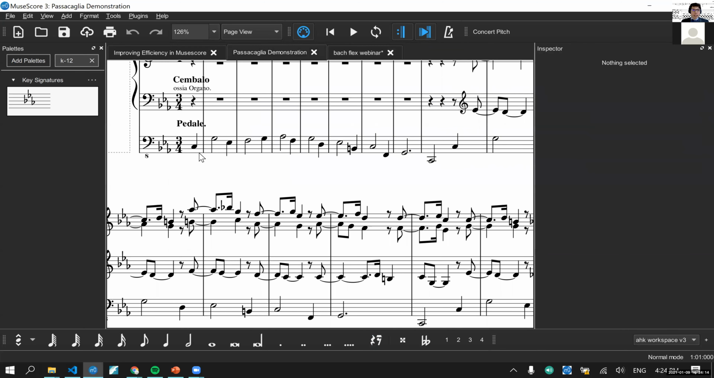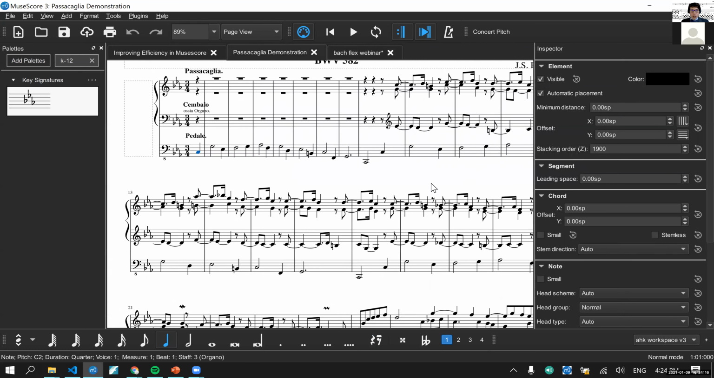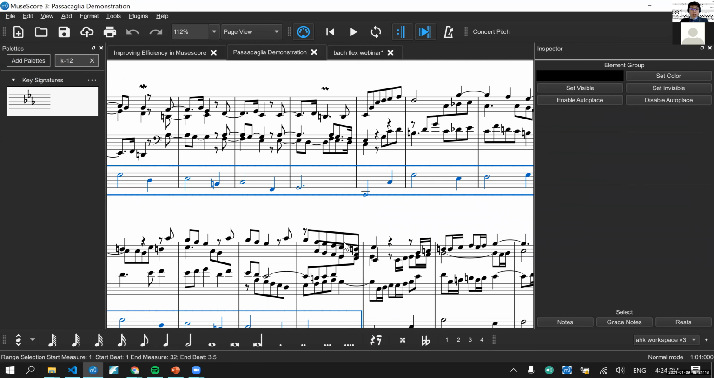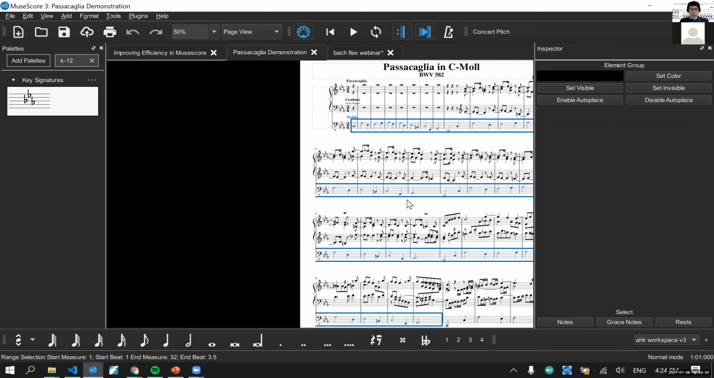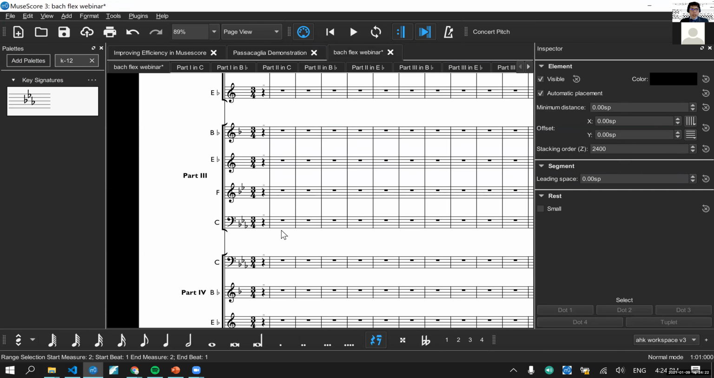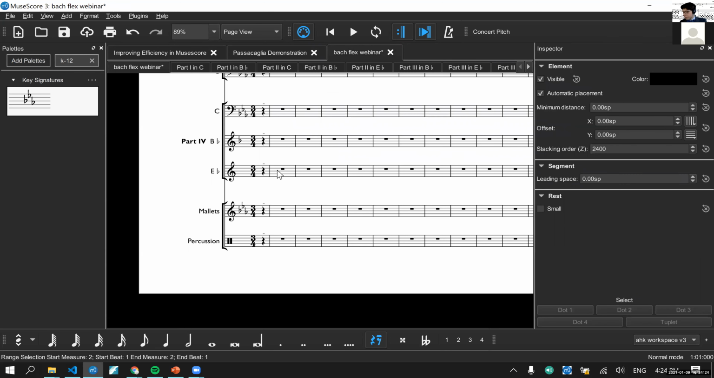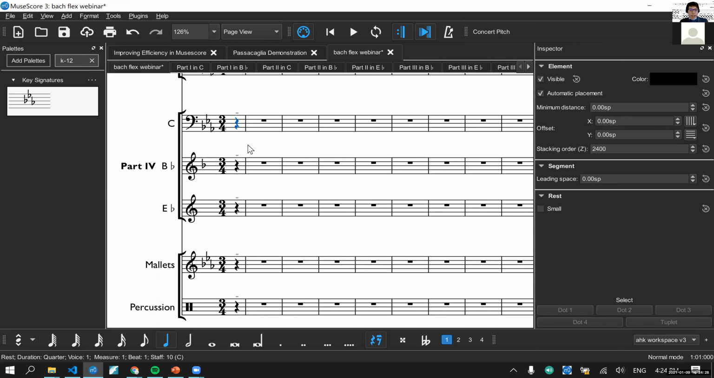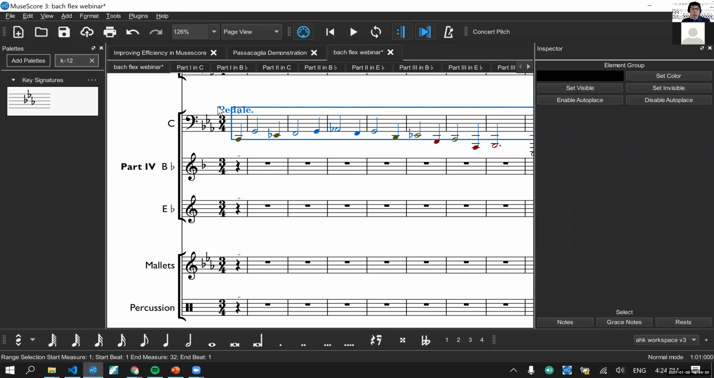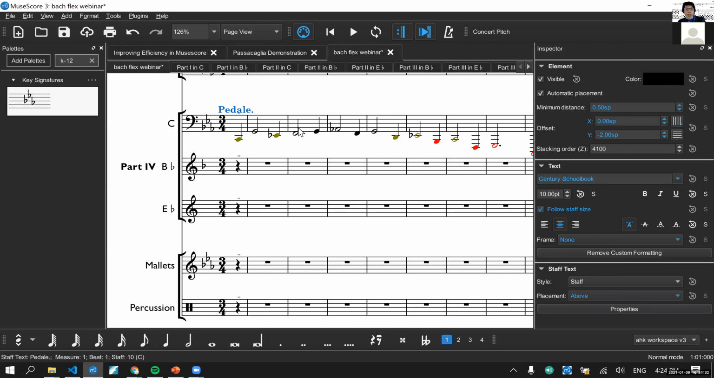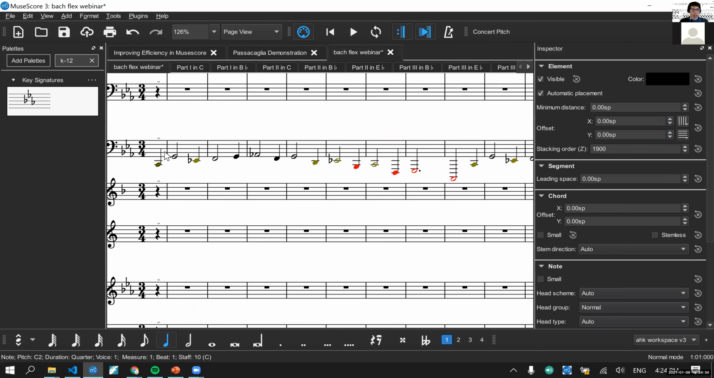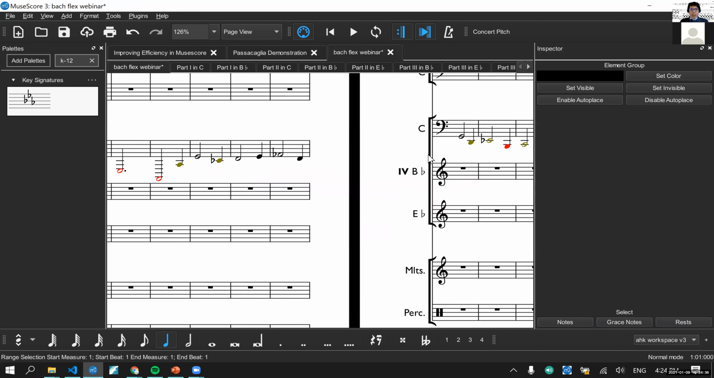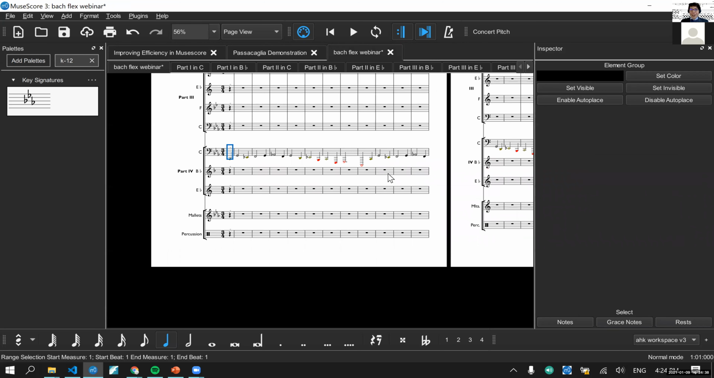So let's copy this. We'll go up to about here. We'll copy that, and now we can paste it into the baritone line. And I'll probably want to get rid of this pedal. And this is way too low for